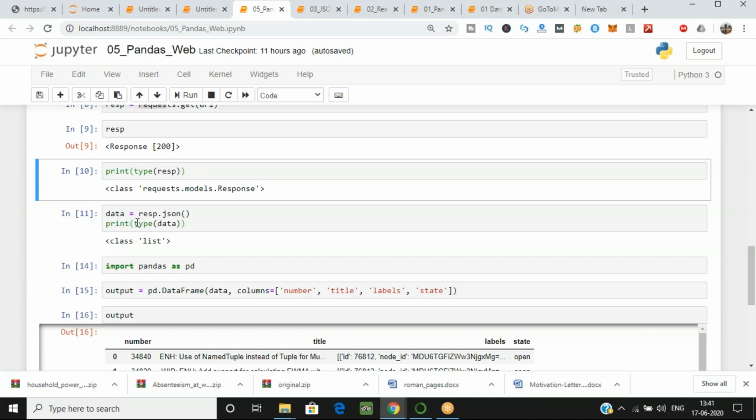If you take something from the internet or from some website, you have to take it as a value and change it into the class list. That's why we are converting it into a class, so that we again have these values and we can use that value also. We are passing that data, which is of the type list, so we are getting the values from the list now. That's why we have taken this.